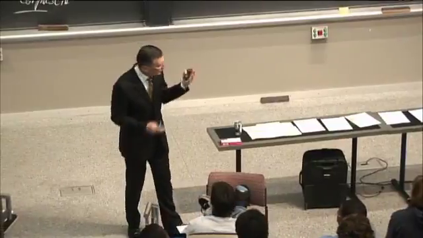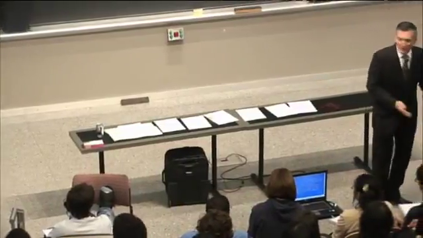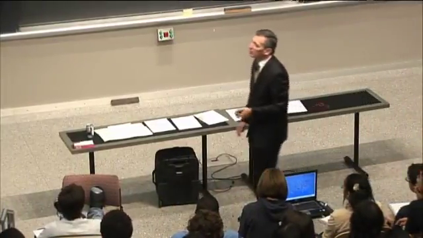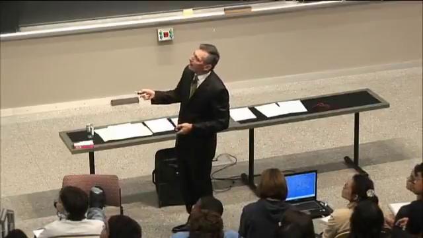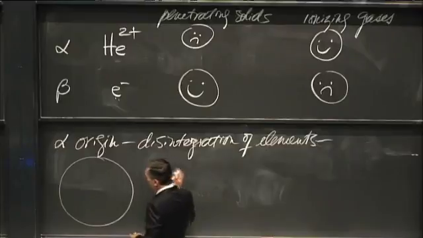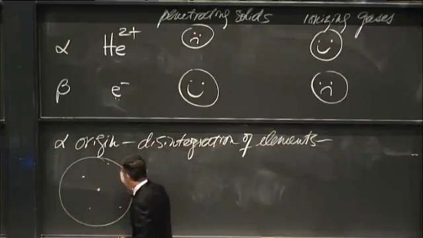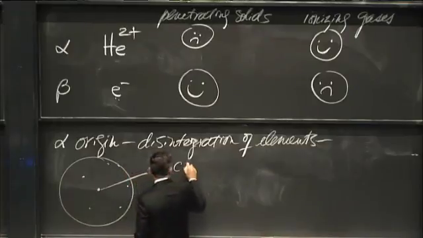But Rutherford, he was different. He looked at people on the basis of their intrinsic value. He didn't care about title. And so he said to Marsden, okay, you want to do something for me? Here's your question. I'd like you to imagine an alternative model of the atom. And here's the alternative model of the atom. What Rutherford said was, suppose instead, if this is the dimension of the atom, instead of having positive charge uniformly distributed, what if we have positive charge concentrated at one point, and then out here we have the negative charge. So here's the positive charge, and here's a whole bunch of negative charge.